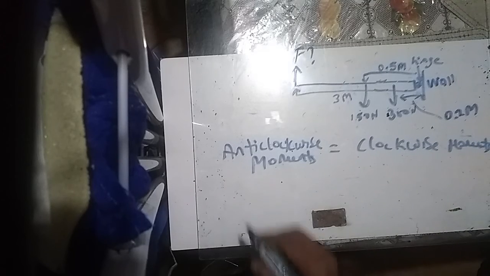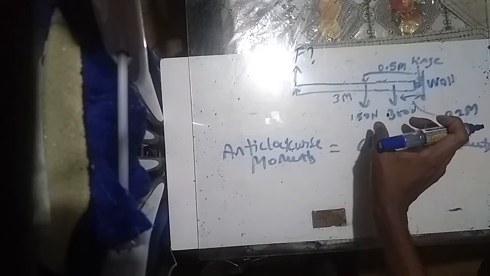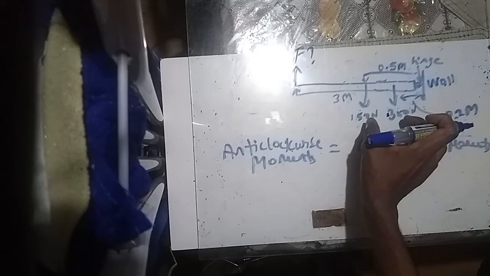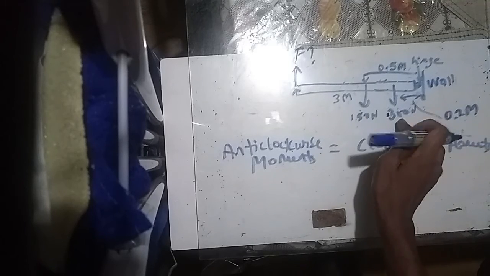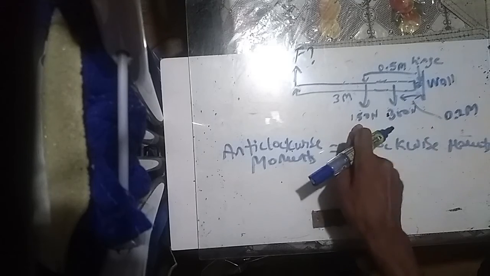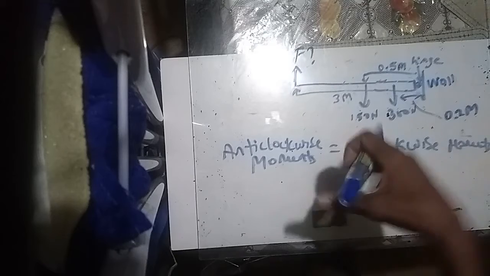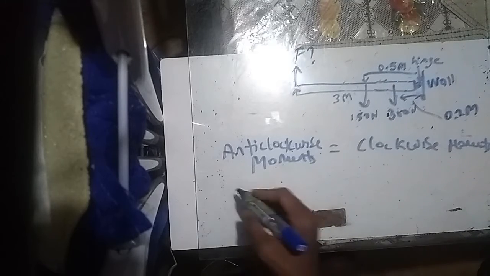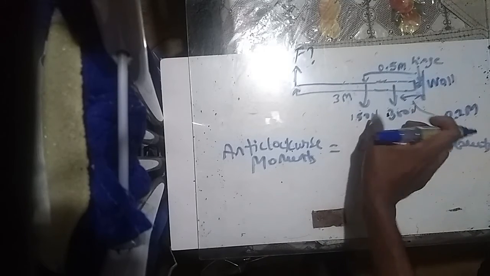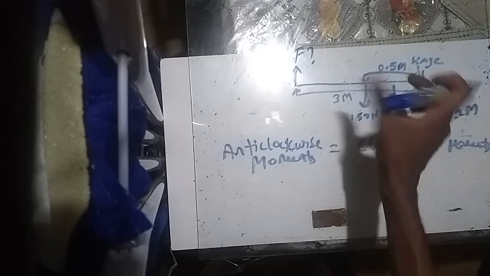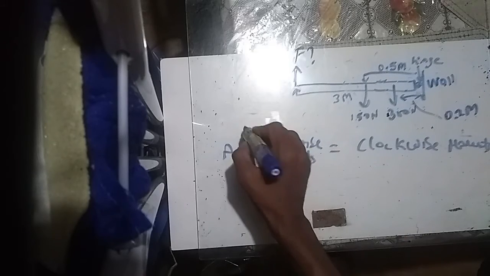We can also say that we can add these two. The moment that is found for this one and the moment that is found for this one can be added. You can't add the forces, you can only add the moments when you calculate them. So therefore, if we have two different forces here with two different distances, we can calculate two moments. So our total